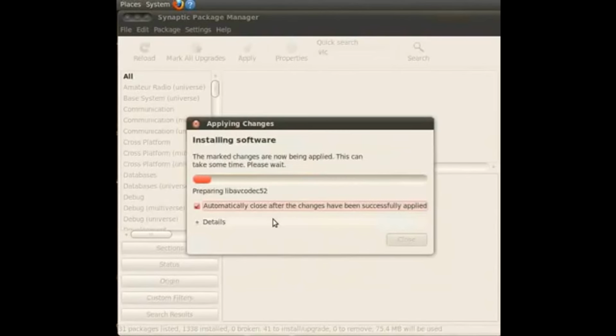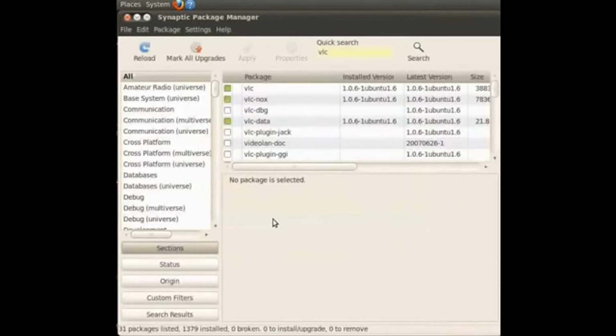Now we can see that changes are applying. We see that VLC is installed now. Close the Synaptic Package Manager window.